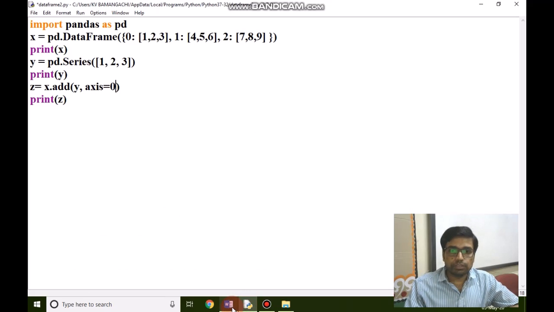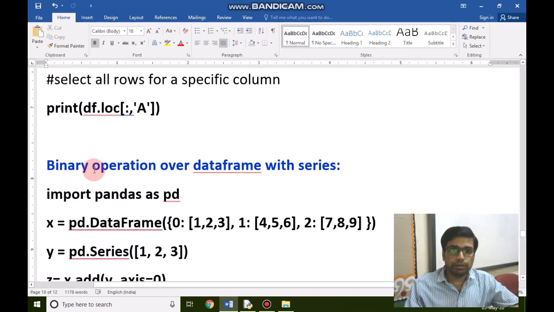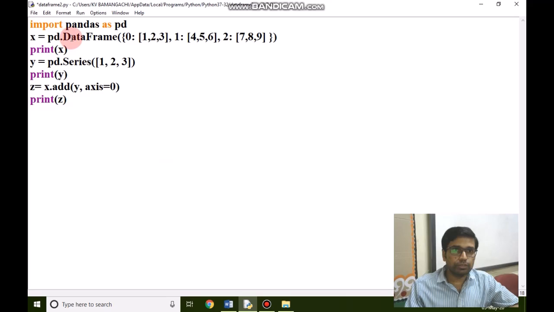Now we come to the next topic, which is binary operations over a data frame with a series. We have coded here, we have taken a data frame with keys 0, 1, 2, and data is 1, 2, 3 as a list, 4, 5, 6 as a list, 7, 8, 9 as a list. Then we have printed the data frame.